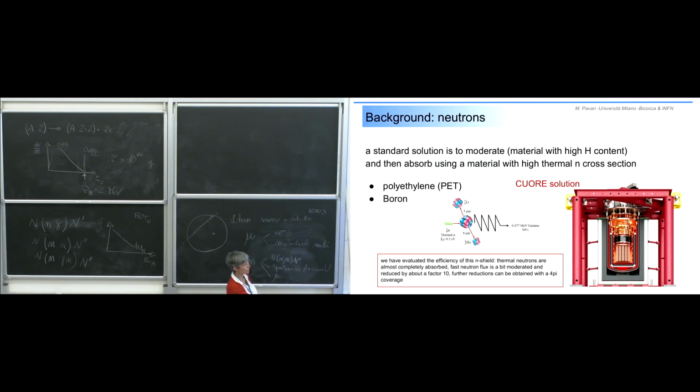And the strategy for the reduction of neutrons is to have a shield of polyethylene. Polyethylene is a material that contains a lot of hydrogen, therefore it is a very good thermalizer. And then in between, there is also a lead shield. And in between polyethylene and lead, we have some boron, because boron is a